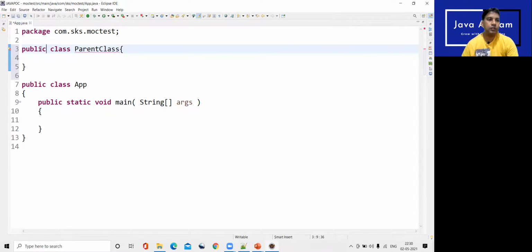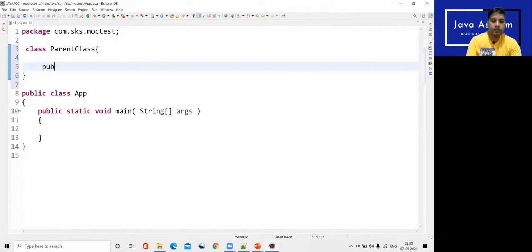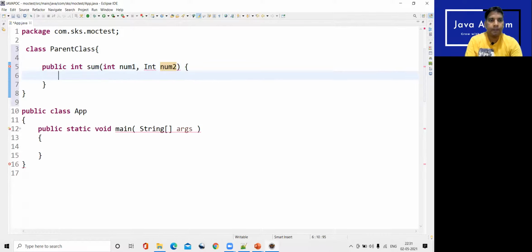Okay, sorry, why not? Should be class, only one will be public. Okay, and here let's write public int sum method to add two numbers, right, int num1, comma, int num2. Okay, and it's returning num1 plus num2 after adding these two numbers.